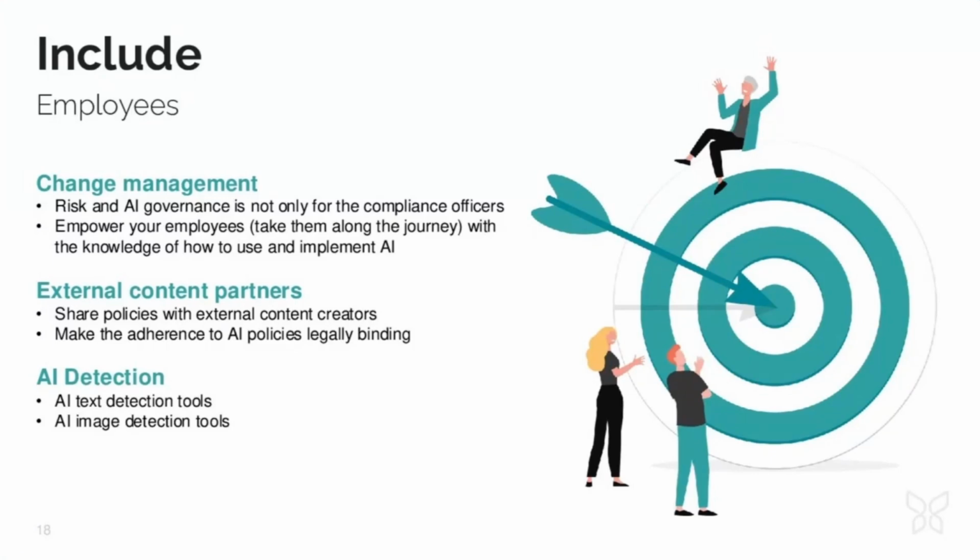And thirdly, of course, you need to verify that the standards are followed. This could be by implementing a review process, or you can do this by implementing AI detection solutions. It is important to realize that these solutions are not yet perfect, but they form a good basis. So if AI is detected not in accordance with your standard, have a conversation with the content editor. It's a good basis to start this discussion.